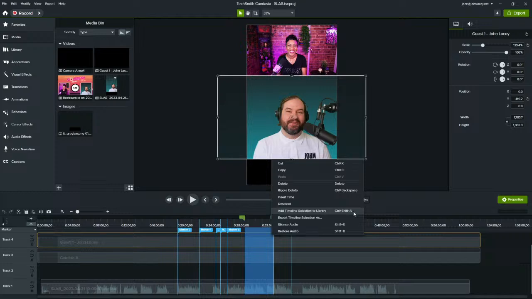But the thing I really want to call out about Camtasia specifically is that I can select a region within my content, right click, and add this section to the Camtasia library. I still need to go through and watch and listen to it and pick out the moments that I think will be most relevant to the audience. But once I do that,